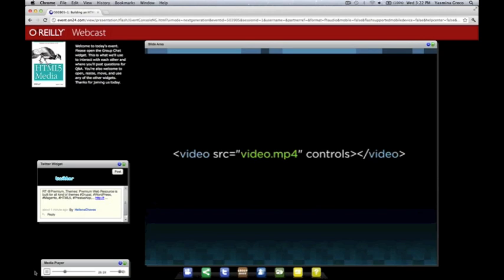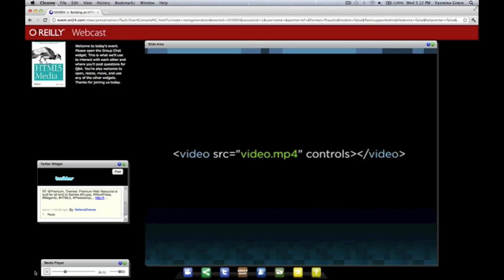Now with this tag alone pointing to one format, this will reach, say, 60% of users. All the different formats support around 60% of users, and so with one format you can essentially reach 60% of your users. Now if we want to get to that 80%, so the 80% of our users that support